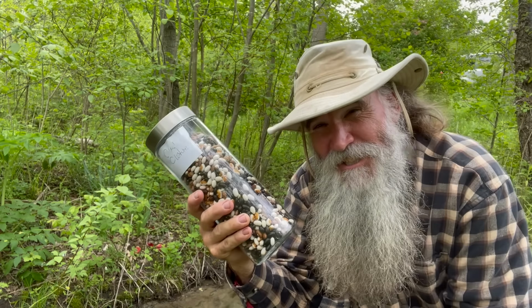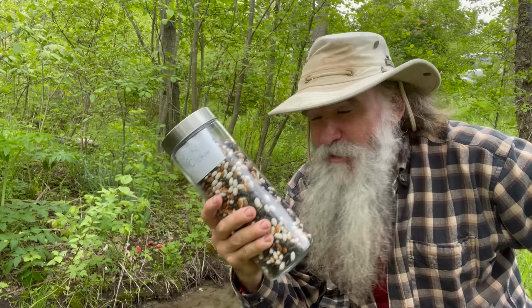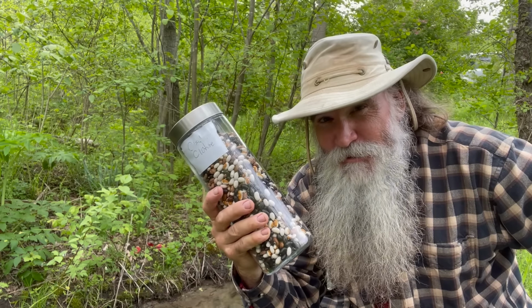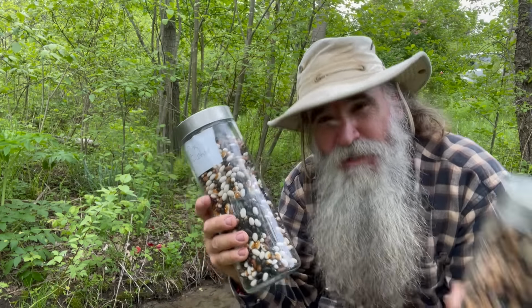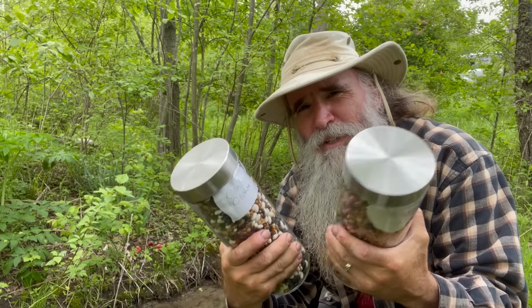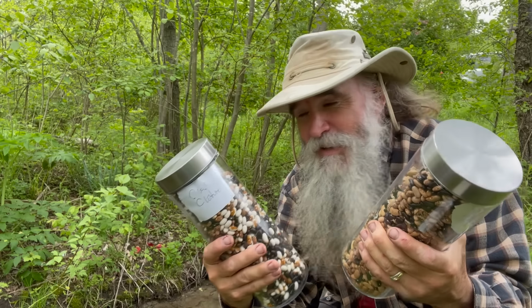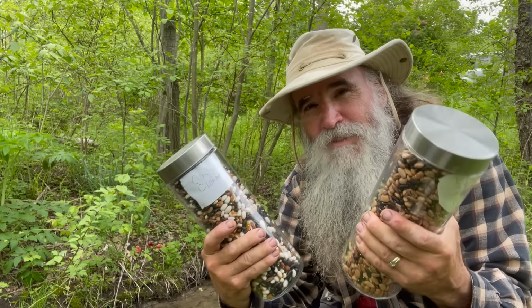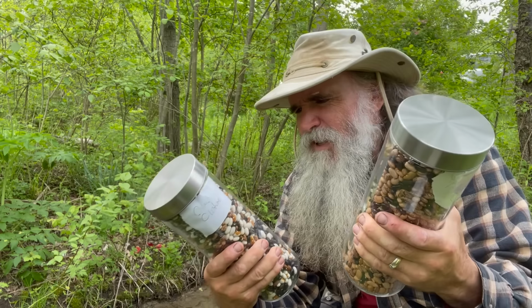And last, but certainly not least, are the beans. Probably, hands down, the easiest plant to grow from seed and to collect seeds from. Give you abundance, give you protein all year long. These 2 jars here are, we're mid-May. We're going to start getting green beans in July. So we're 2 months away from getting some new beans, and we still have these 2 plus 2 other half